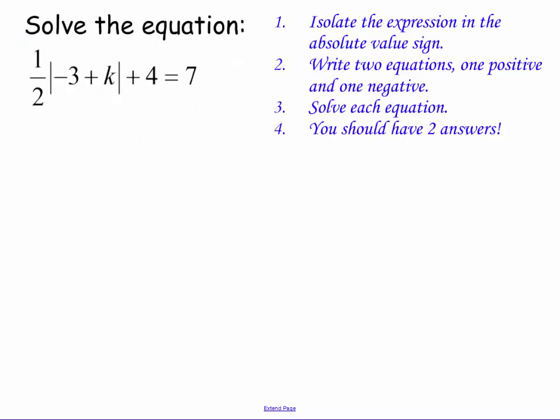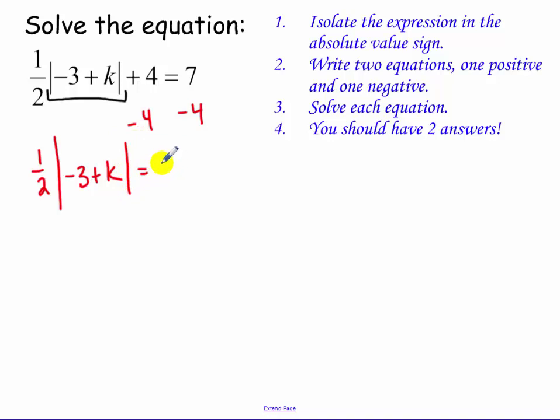Now solving equations. I have the steps written out there for us. Our first step is to isolate the expression in the absolute value sign. So we need to isolate this piece. That piece is being multiplied by 1/2, then 4 is being added to it. So what we need to do is subtract 4 from both sides, that last thing that's happening to it. Because if you multiply by 2, a lot of you guys are going to forget to multiply the 2 to the 4. So we have 1/2 times |-3 + k|